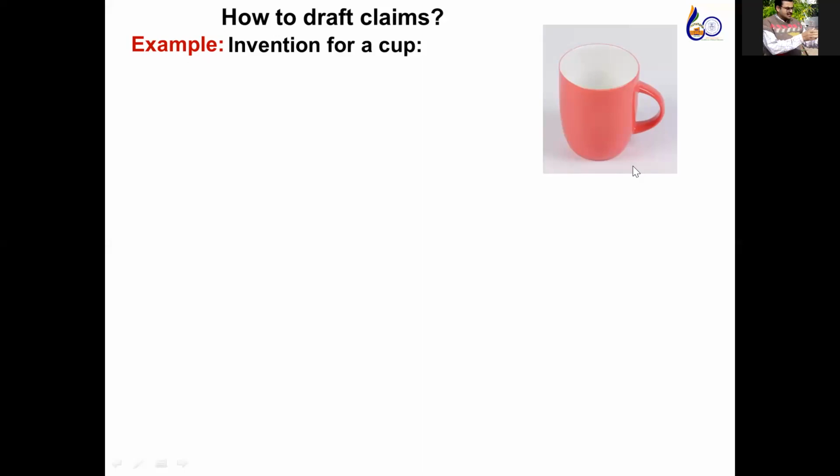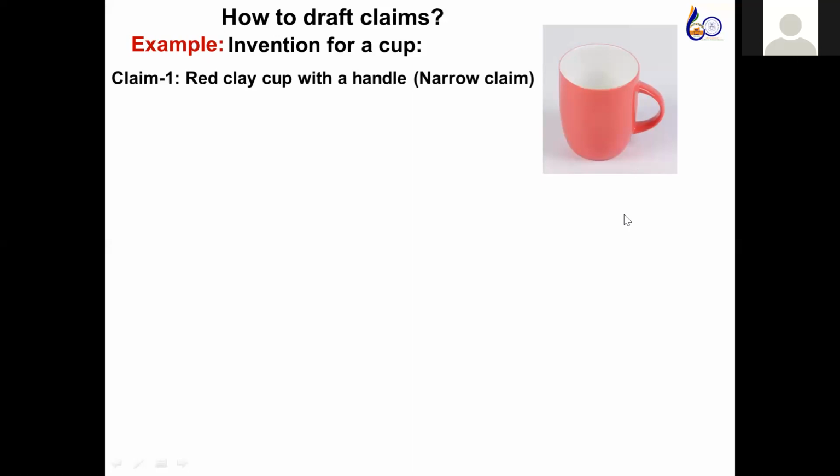बोन चाइना मग. बोन चाइना कंपनी का नाम नहीं ले सकते. एनीवे मैं बताता हूँ, आप म्यूट हो जाइए. इसको नॉर्मली कोई बोलता है तो ये रेड क्ले कप विथ हैंडल, है ना. इसको मतलब हम ऐसे बोल सकते हैं, रेड लाल कलर का क्ले कप, बोन चाइना वाला ये क्ले कप विथ हैंडल, ठीक है. अगर मेरा कोई इन्फ्रिंजमेंट वाला है, वो उसको तोड़ सकता है, वो क्या करेगा, ऐसे बनाया